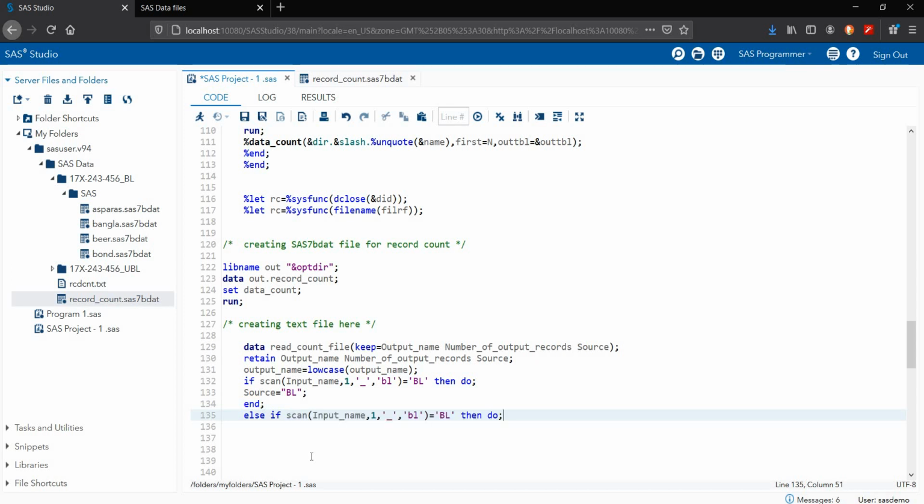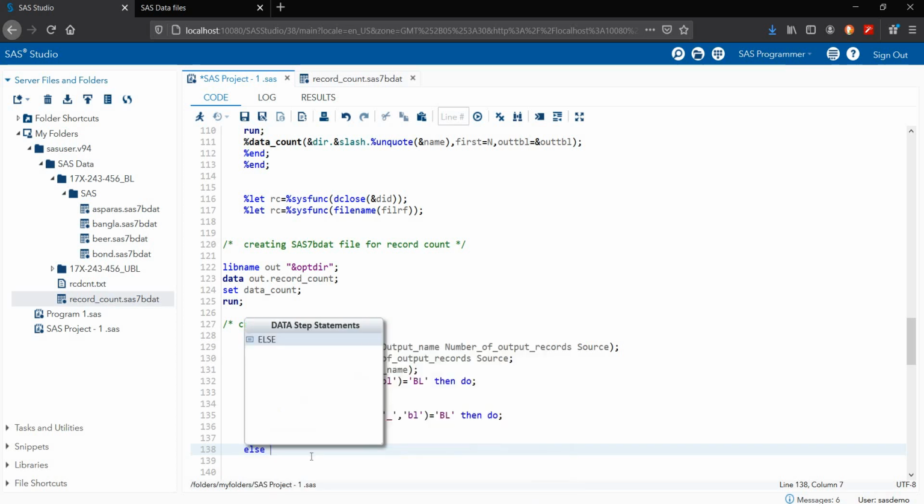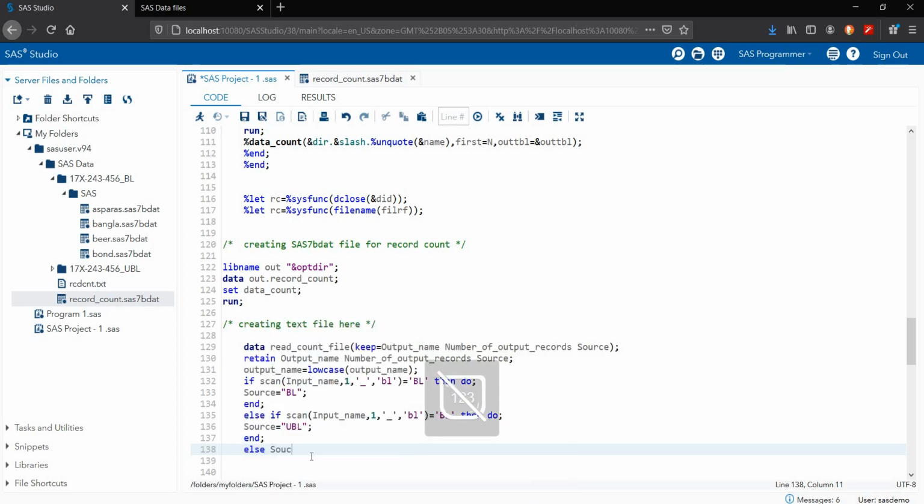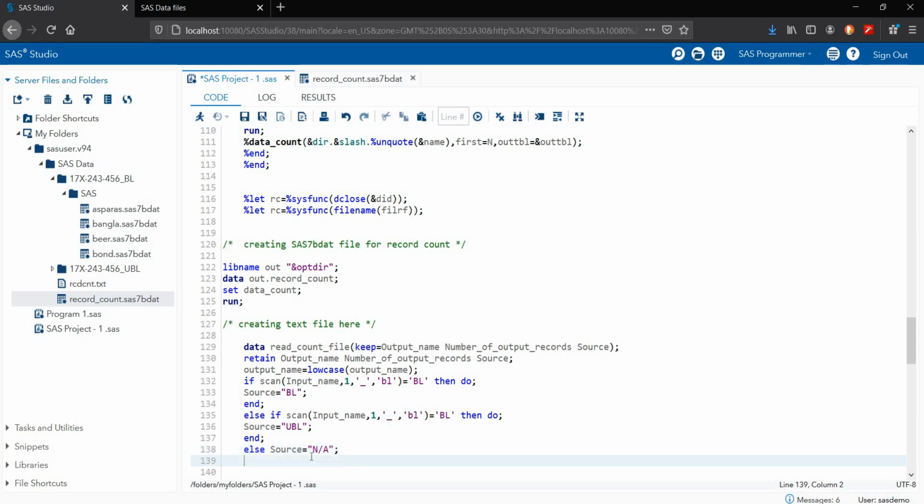This scan, then do source is equal to UBL, and else source is n/a, put NA. If BL and UBL is not available at the end of the study name, put NA, put blank, then run statement.